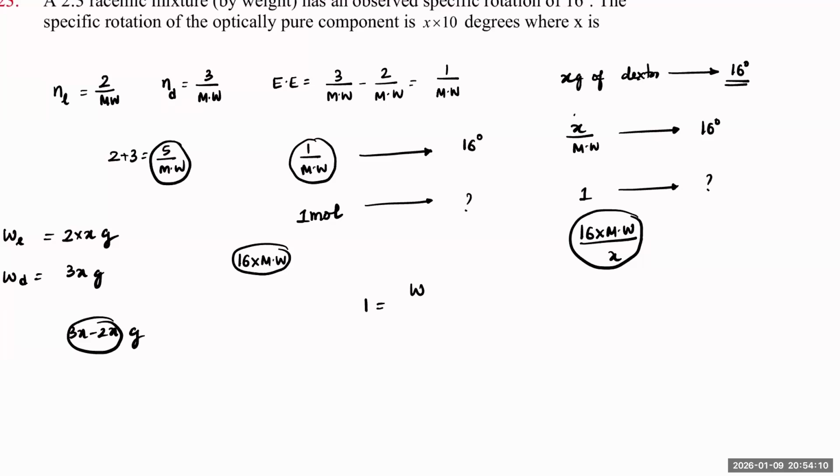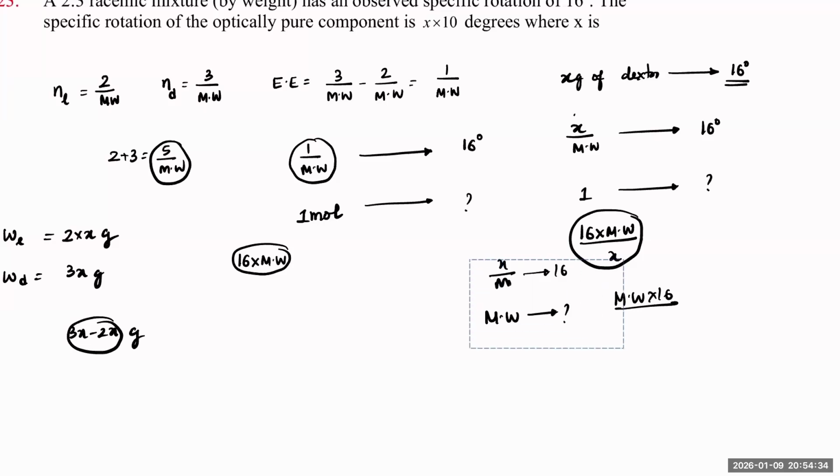And 1 mole is the same as the molar mass here, isn't it? So I can say that x by molecular mass is for 16 degrees. So this much will be for how much? So molecular mass into 16 divided by x by, one second,